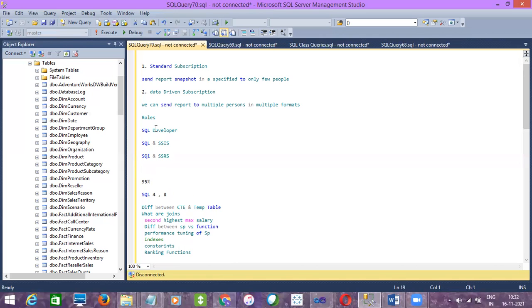And maybe 40% expect all 3: SQL, SSIS, and SSRS. So a combination of all is possible. But in all the openings, SQL is common, so that much importance is there for SQL Server.